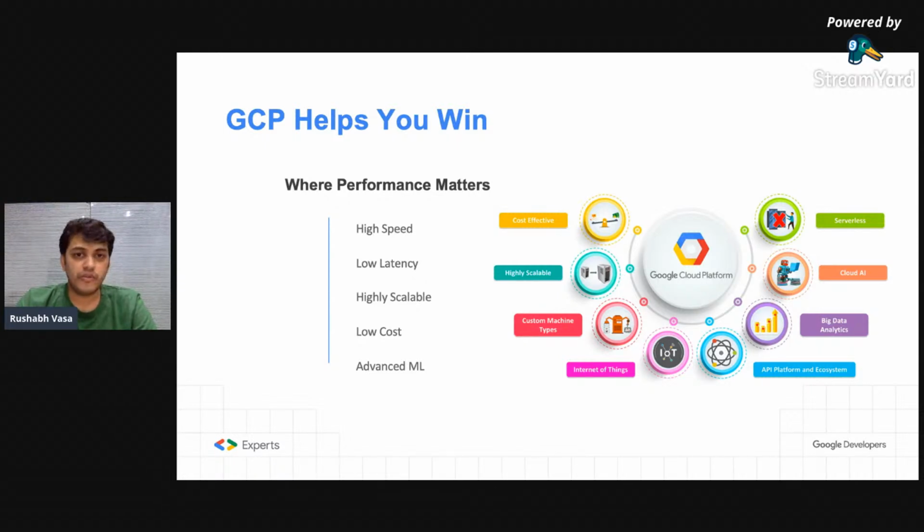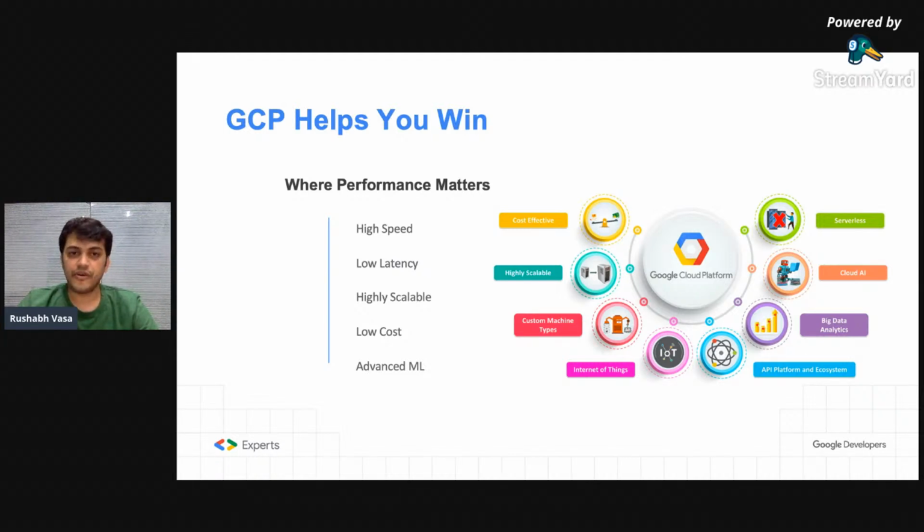The cost should be low, and of course there is advanced ML available now. So definitely you should use some of the machine learning and AI modules, which will make your product stand out in the market. It's important to think out of the box, and it's not that difficult nowadays. ML and AI sound like very difficult jargon, but they are not. Trust me. All this is provided by Google Cloud Platform.